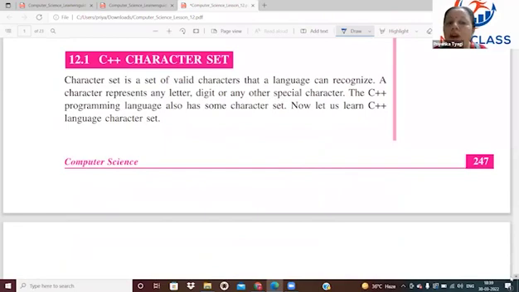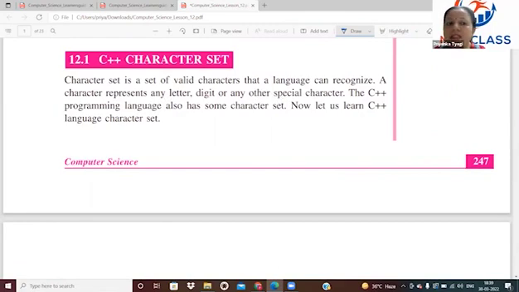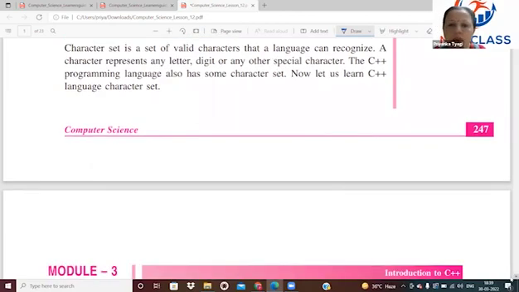Okay, now what is the C++ character set? The topic, as you can see on the screen, is C++ character set. This topic will tell you which type of data we can handle under this programming language, right? Every type of data we can handle in this programming language, like numerical data. As you already know, from the concept of mathematics, we have 10 numerical digits, right? From 0 to 9. Easily we can handle them in different forms with mathematical operations,